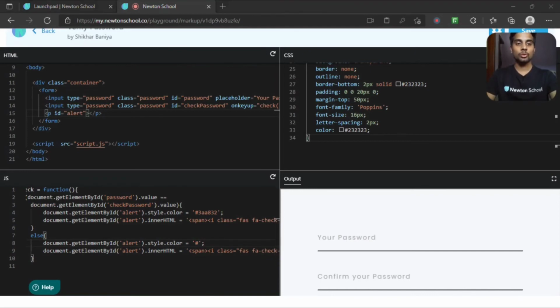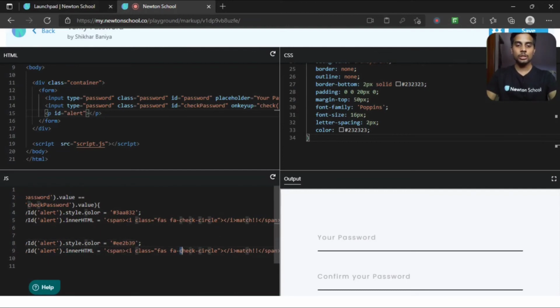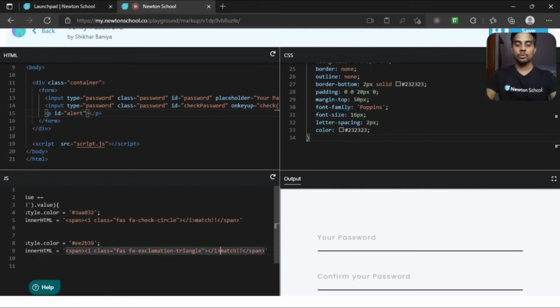The color code for red is EE2B39. I want to change the icon, so this will be exclamation-triangle. And inside this I want to write Not Matching.